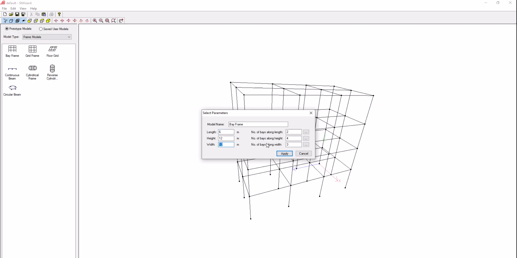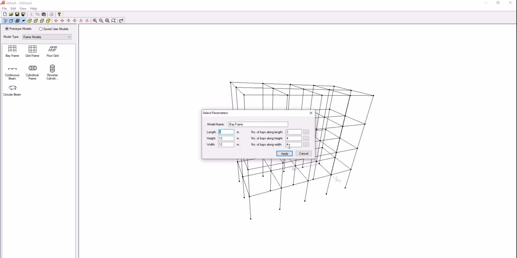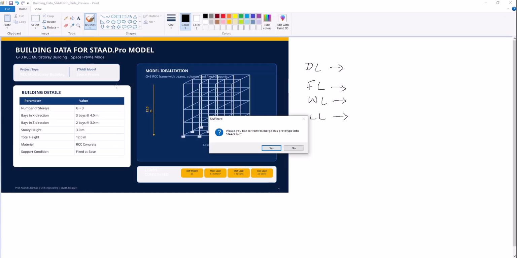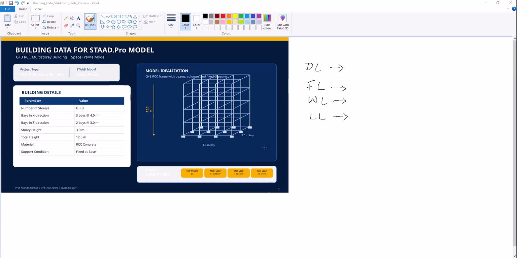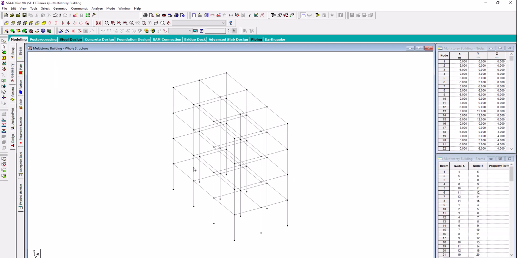So for tall, if you take it as 4, then you can see there are 4 number of bays in this direction. So now as per our data, we will be having 3 numbers of bays. So after creating this one, I am going to take it to this part, and now it has been created. So as the coordinates are already generated, now after this I am going to take this geometry